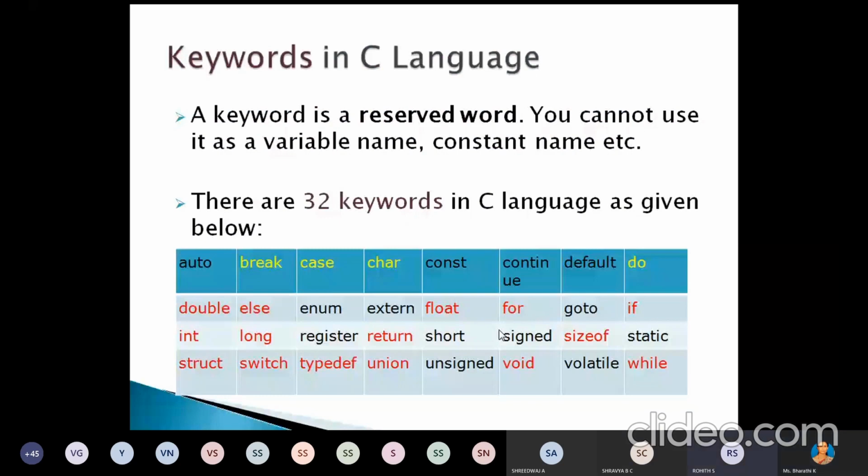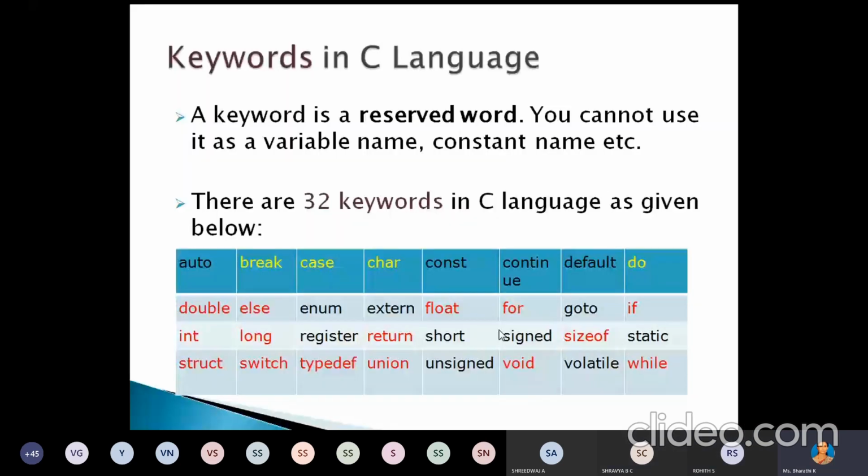31 characters are significant. Again, that is based on your system, whether you are using a 32-bit system or a 64-bit system. Suppose you are using a 64-bit system, you can use 64 characters, that is 0 to 63. That is based on which system you are using. Tell me another rule.